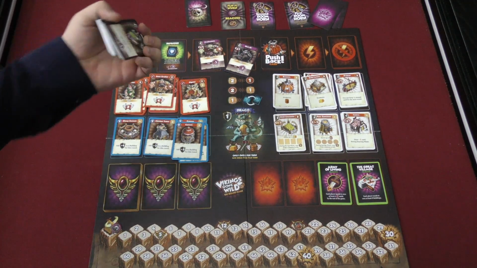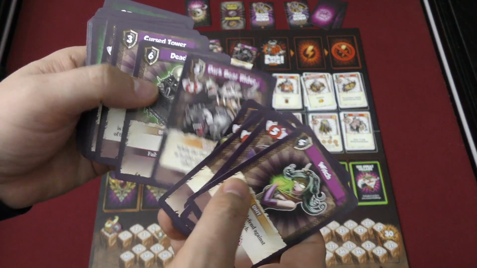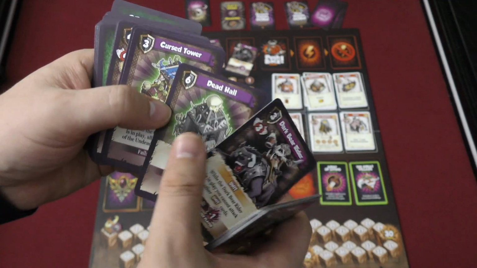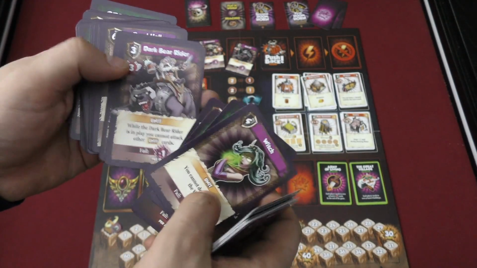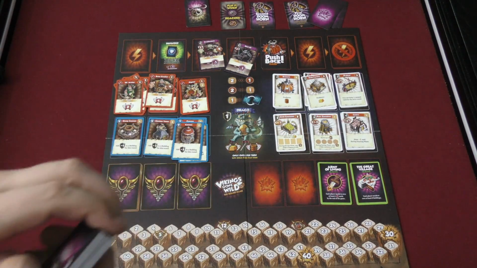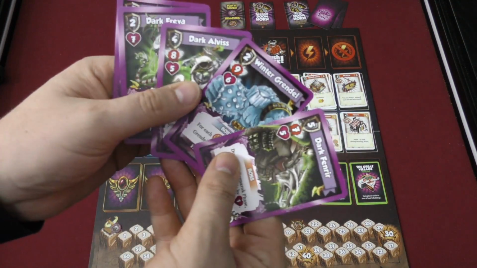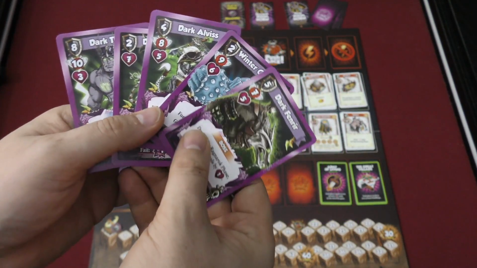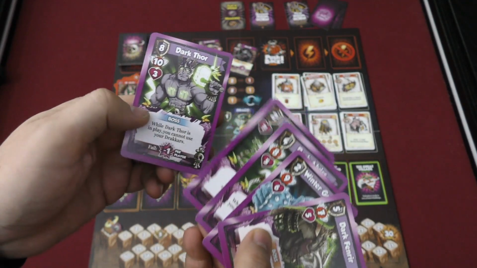There's also challenges. So if we went through the deck, there's all sorts of nasty creatures in here, from a Dark Bear Rider to the Dead Hall building to a Headless Rider to a Witch to undead. So there's all sorts of things in here. And the very bottom card is going to be a randomly selected boss. The bosses are bigger and nastier than everything else,